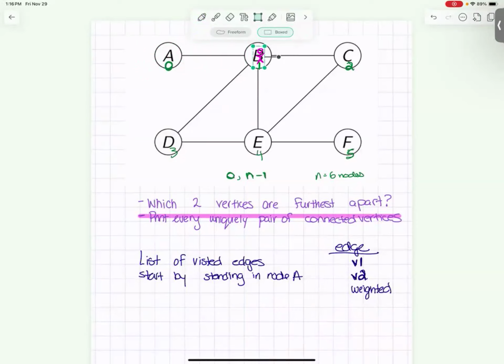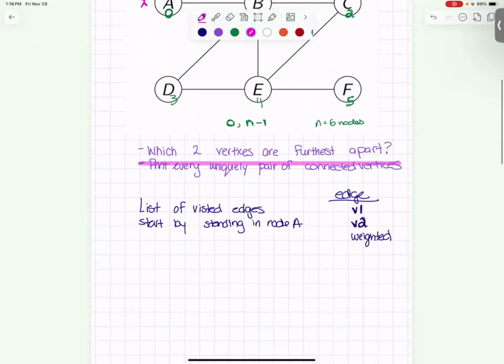And she sees she's connected to B, and then she's going to ask, have I already found a case where A connects to B? If yes, ignore this. If no, add it to my list of connections. So, instead of saying it like that, I'll say for all edges out of my current node. In this case, it's A where I start, but for all edges out of my current node,